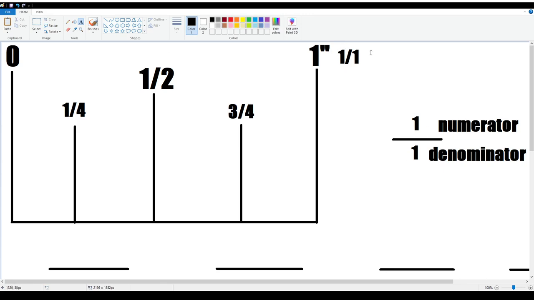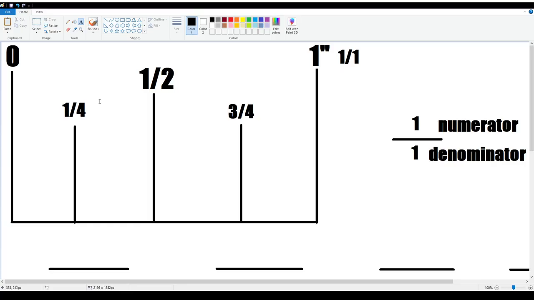Now let's see a pattern beginning here already, and that is that this 1, if you multiply it by 2, is going to equal the next shortest line. That's a 2. So it's 1 over 2. 1 times 2, this denominator, we're multiplying the denominator by 2, and it's giving us a 1/2 inch. 1 over 2. Okay, if we continue that pattern, we take this 2 and we multiply it by 2. It gives us a 4. And that's going to be the next